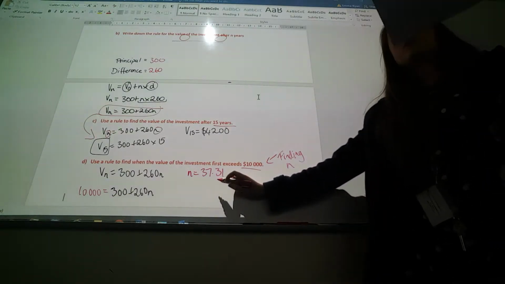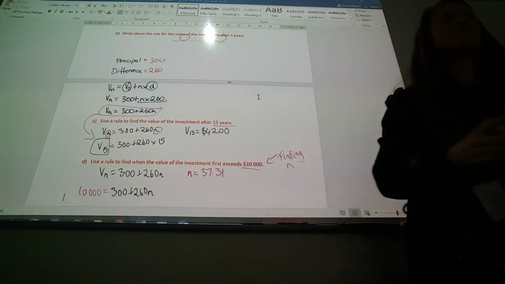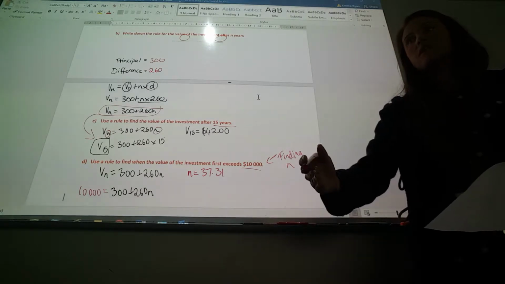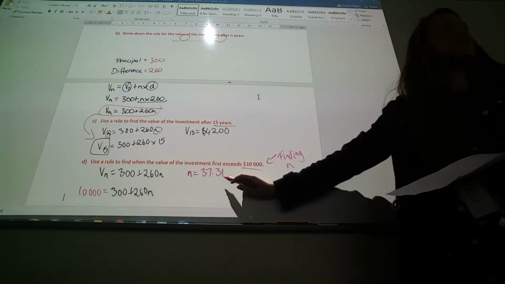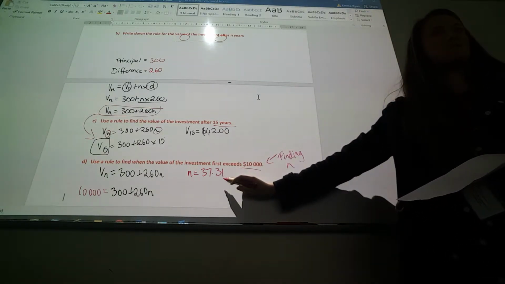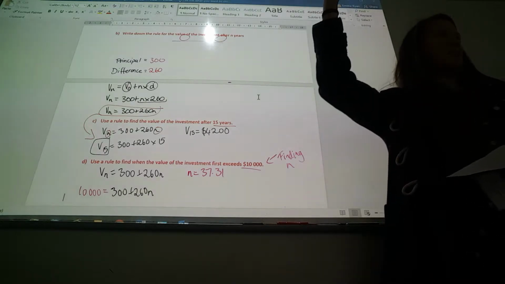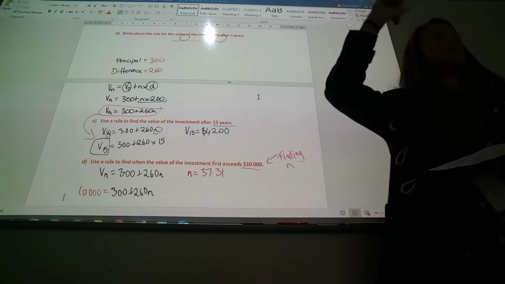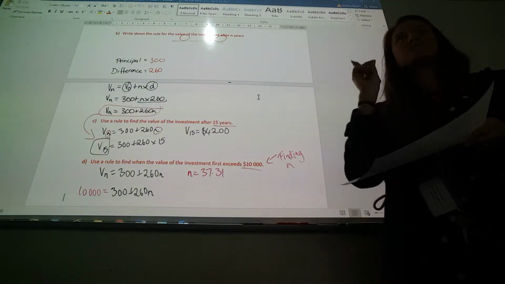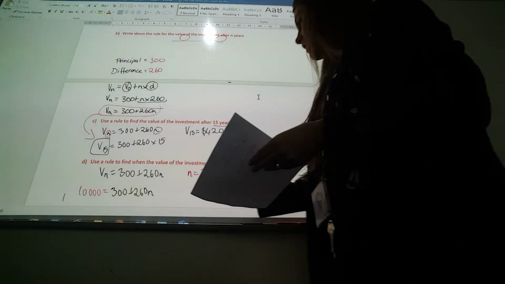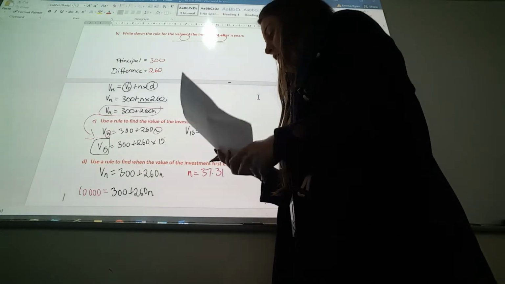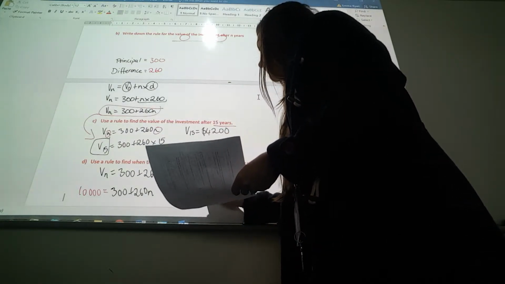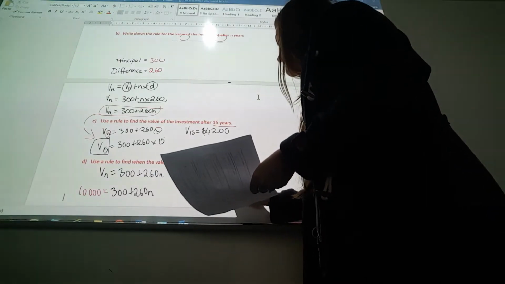So mathematically, it would reach 10,000 at 37.31 years. But because it's only calculated at the end of each year, it's only calculated at the end of 37, at the end of 38, at the end of 39. So it actually doesn't get calculated here. Does that make sense? So we've got to round up to the next number. No matter what the number is after the decimal point, we always round up, unless it is the exact number. So we would say that after 38 years,